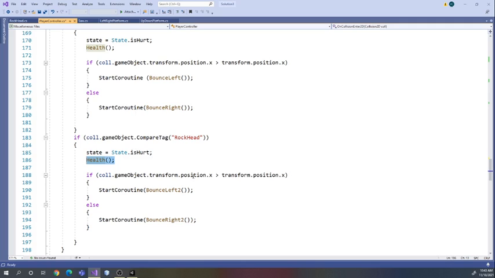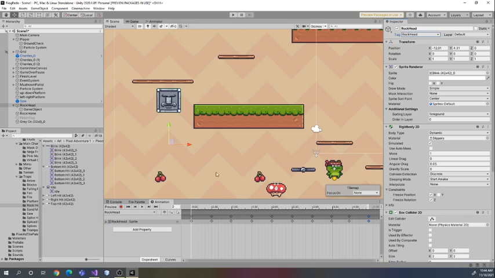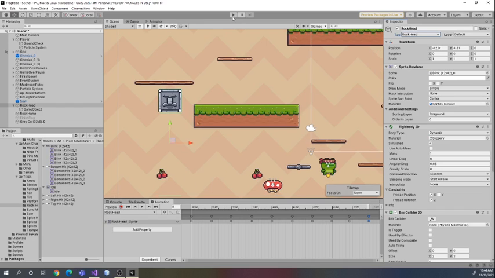If our game object position is greater than our transform.position, then you're going to bounce left, or vice versa, else you bounce right. This is the same as our saw one, so it just gives you that extra hurt force, so it bounces you further away. So that's it for that coding itself. Again, if we just look at what's going on here, if we play the game,